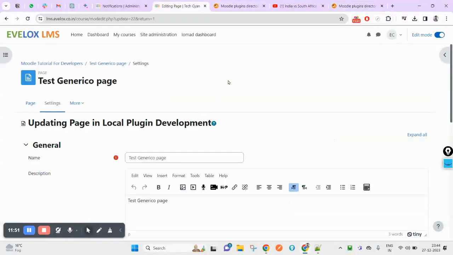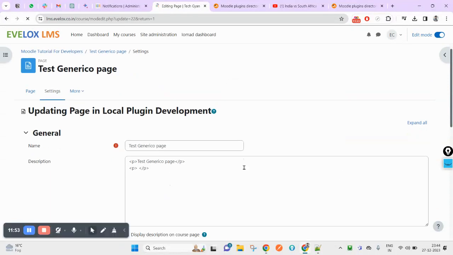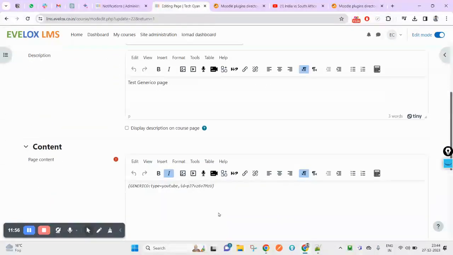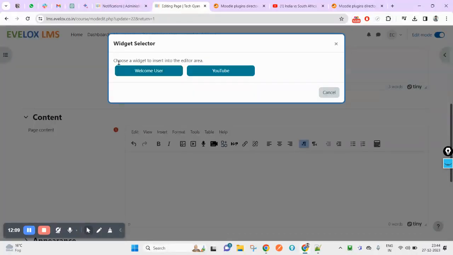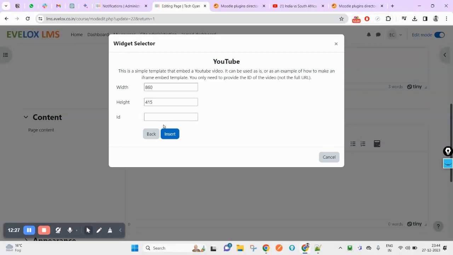Now let's see how you can easily use that particular button. Yes, I can see. Let me delete this one, and this is the option you can see here. Okay, if you click on this, you will find an option, and all your templates that you have created will appear here. In my case there are only two. So welcome user, it was already coming, that was by default from this plugin, and I just created this one. So click on it, and it will be asking only for your